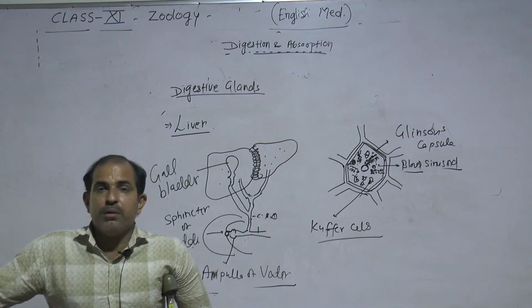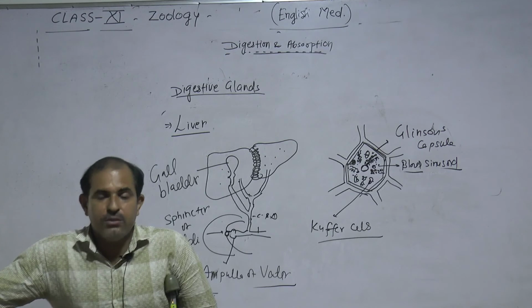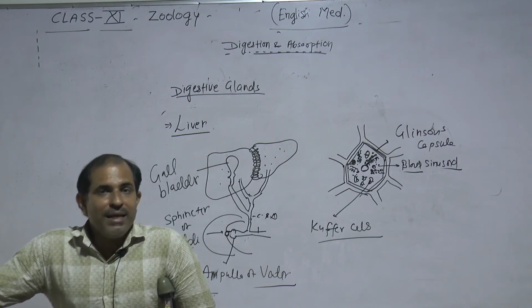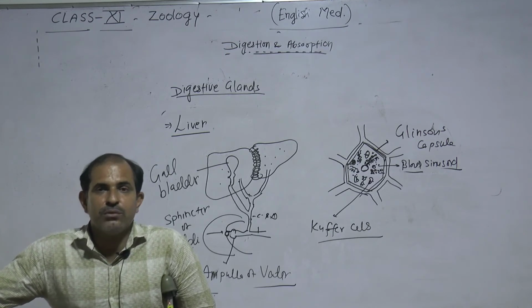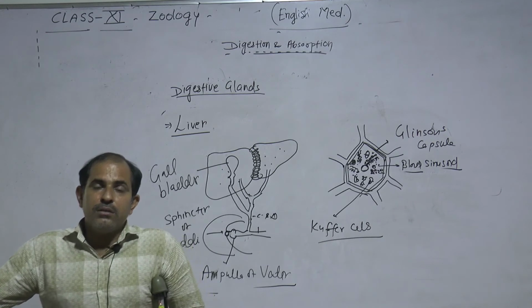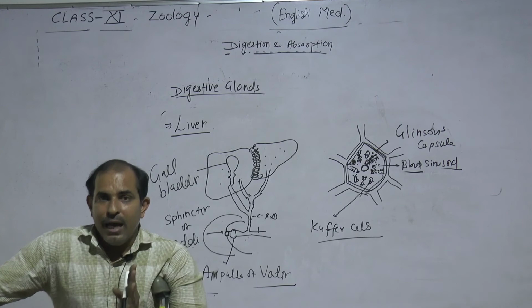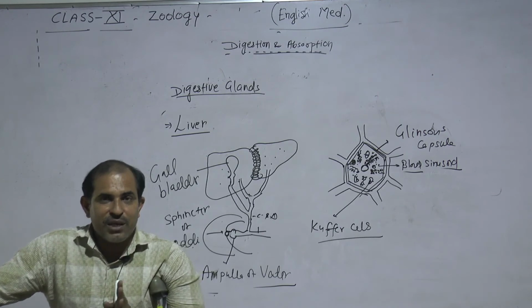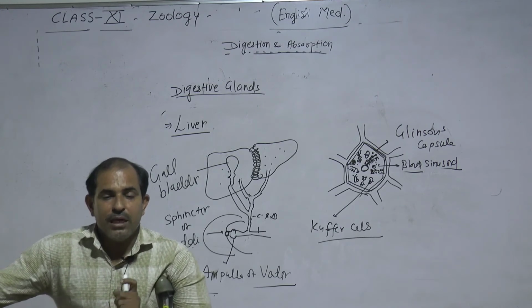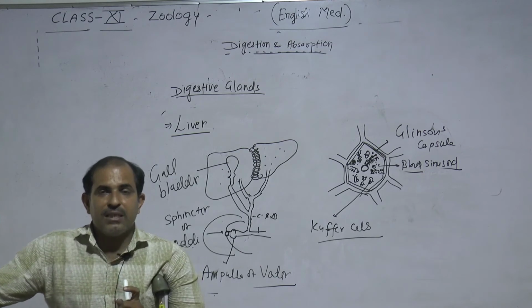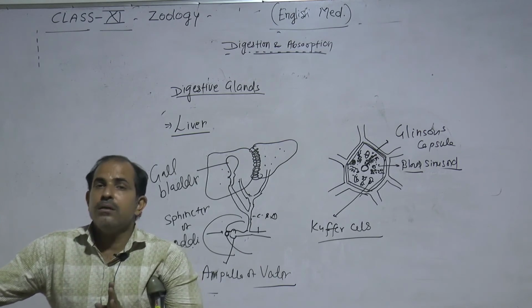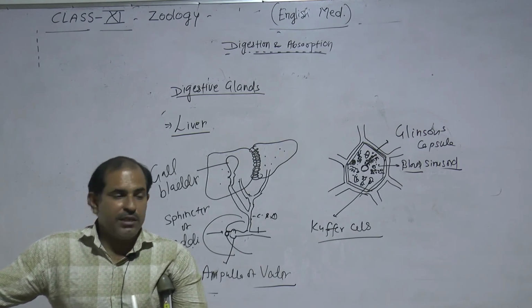There is no enzyme present in bile juice, but it is very essential for digestion, because it helps in the emulsification of fat. The emulsification of fat is carried out by bile juice, and the bile juice is secreted into the